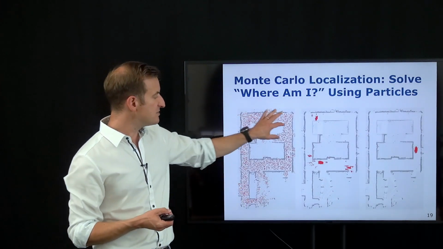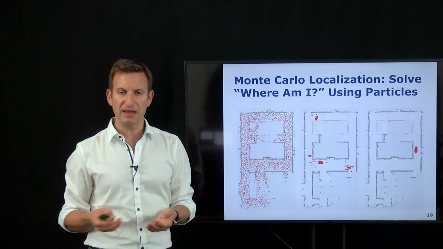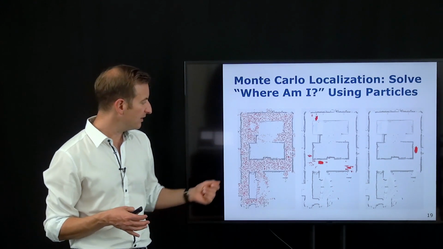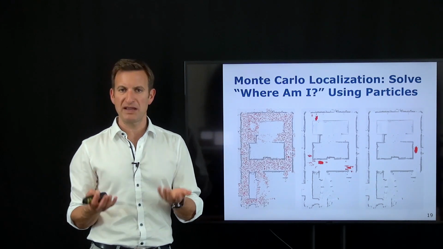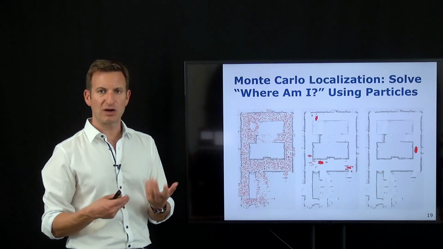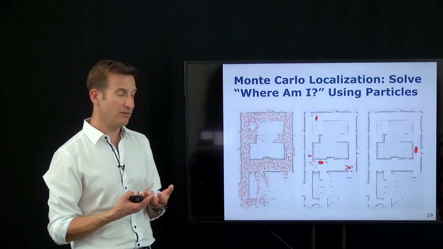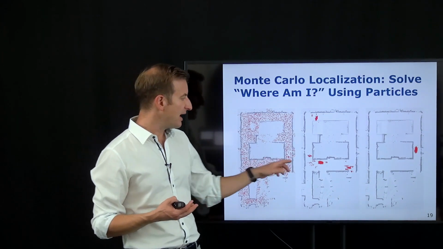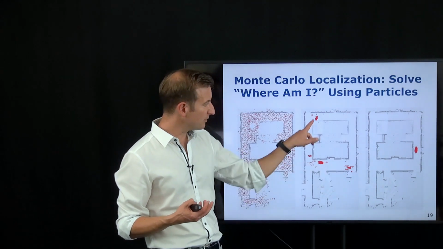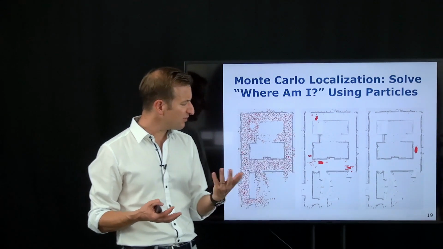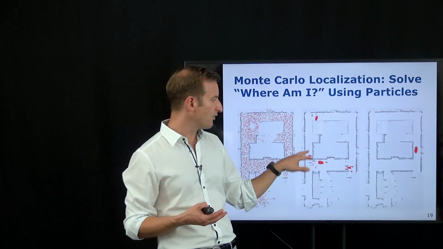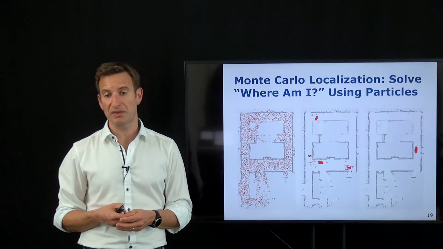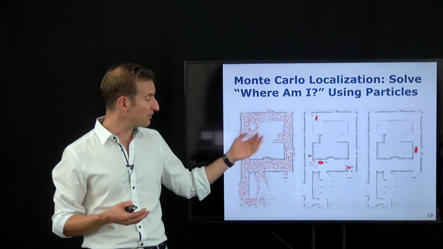Just an example of how that could look. What you see here is a belief where all the particles are spread all over the place. This is kind of a uniform distribution, randomly sampled over the space where the system can be. And then if the robot drives around, obtains observations, generates motion commands, we can start to focus our beliefs. So the particle cloud will evolve. Some particles will die out when they can't be well explained by the observation, and the probability mass concentrates in several places. This is because the environment is at least to some degree symmetric, and so you will have multiple hypotheses that may remain. Again, something that you cannot do well with a Gaussian distribution. Also, this cannot be represented well with a Gaussian.